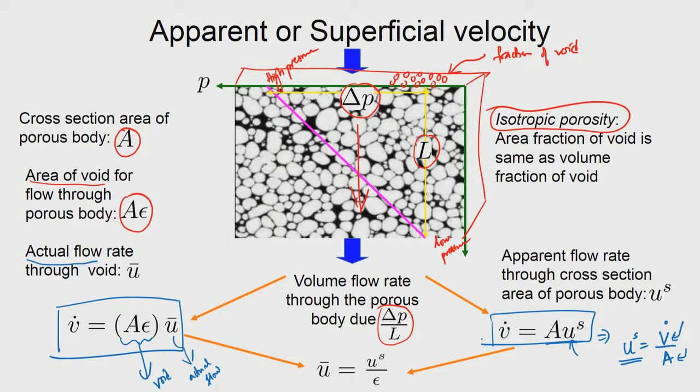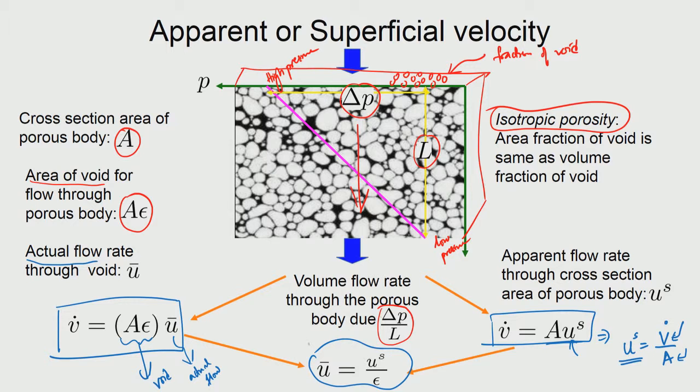Now, the way you determine the volumetric flow rate in both ways is the same. It is the same fluid that is going through. So, if you want to draw an equivalence between these two, that is possible when, for example, the actual velocity is equal to the superficial velocity divided by epsilon. This is how we are now able to relate the superficial velocity and the actual velocity.